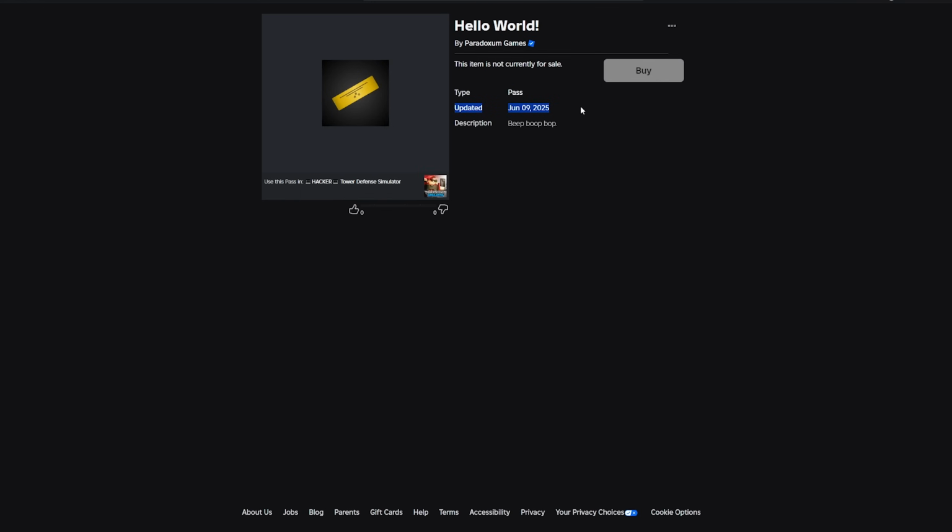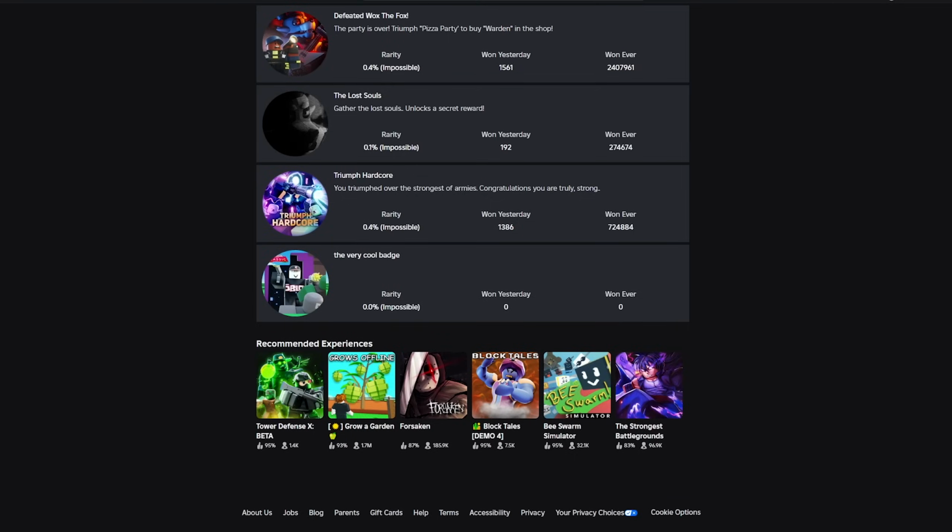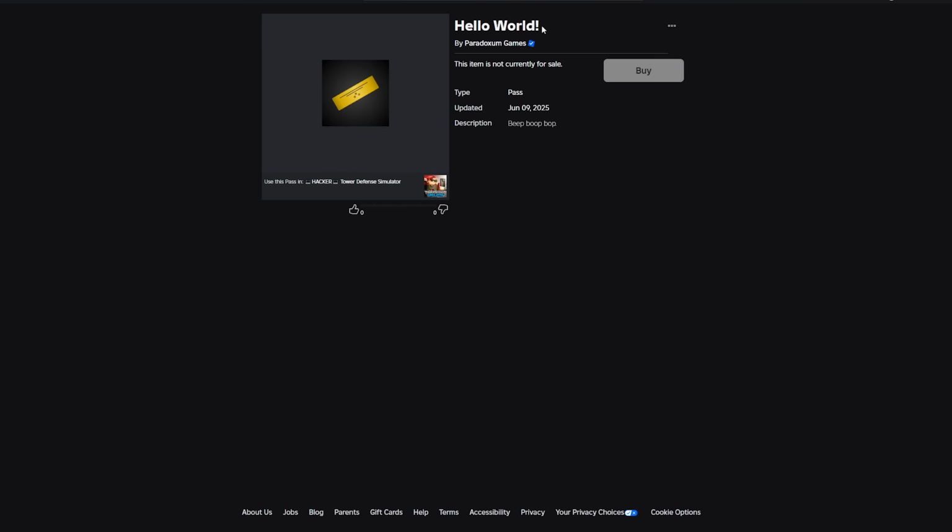It was uploaded on the 9th of June 2025, description beep boop bob, and its icon is the Roblox default icon. Nothing special about here. The developers didn't even go for a placeholder icon like they did for the badge, for the very cool badge. However, that being said, they did kinda go for a placeholder name, because I don't think Hello World is really